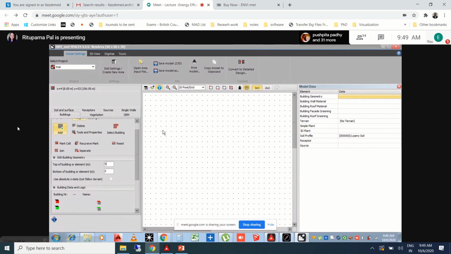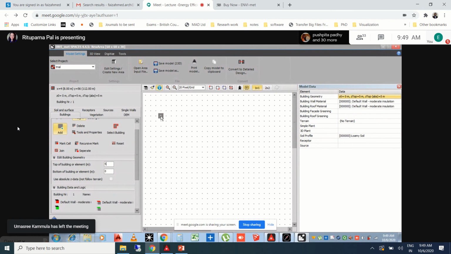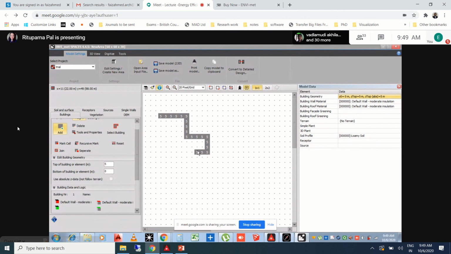On this white space, suppose we put a single click, you'll find that the 5 has appeared. If you click on the 5 and drag it, the 5 will keep following your trail. Then you can fill up this box to make sure that this is your building, which is of 5 meter height.